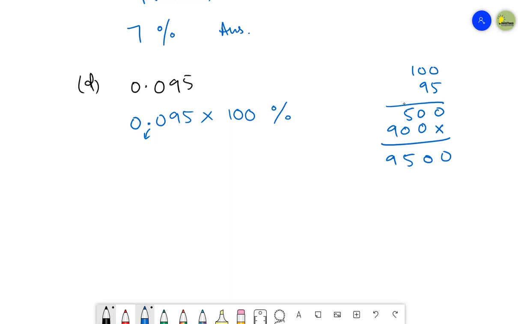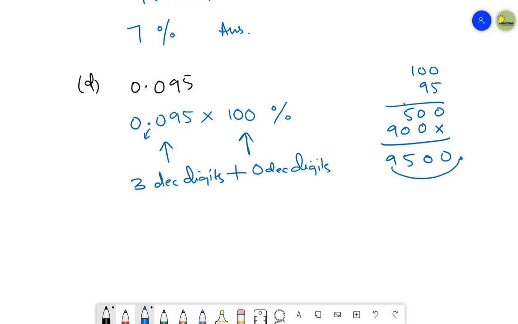Look at this. In this given number, you have 3 decimal digits. And here you have 0 decimal digits, right? So collectively you have 3 decimal digits. So in your answer you have to place the decimal point before 3 digits over here. So it will be